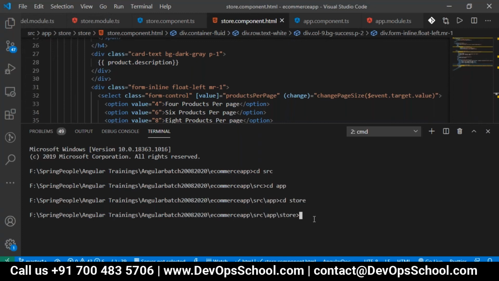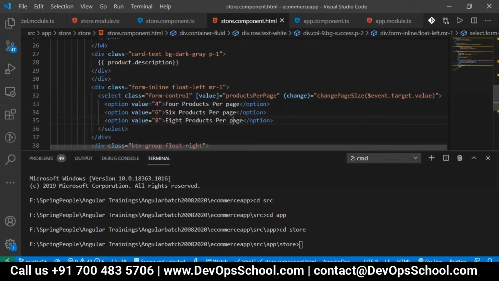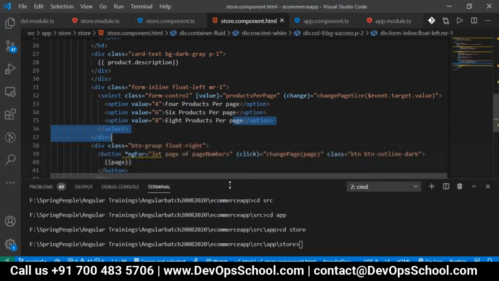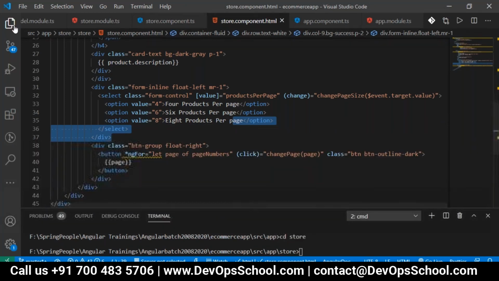But if you go with this approach, it will always create the injectable with the hyphen of cart service. So instead of that, I can just create my class in the store itself, and I can do it that way also. So either you can generate it or create it. I'm now going with the creation.